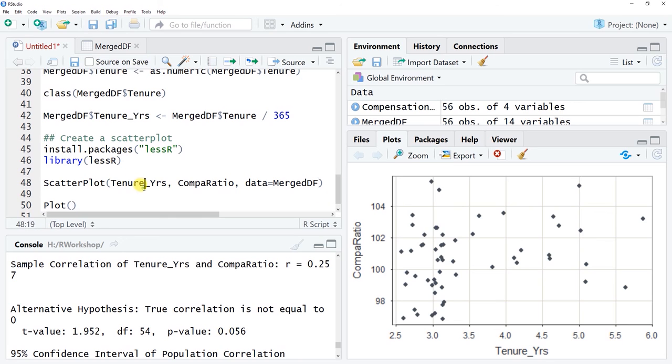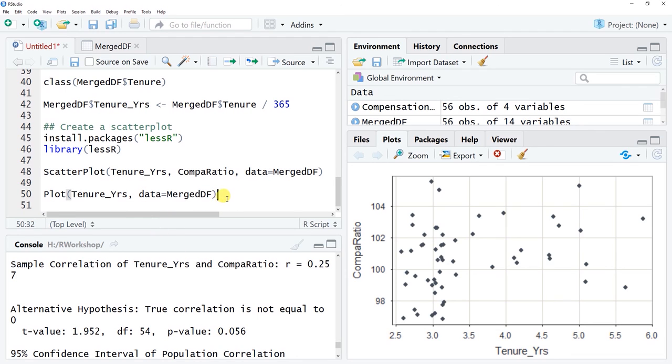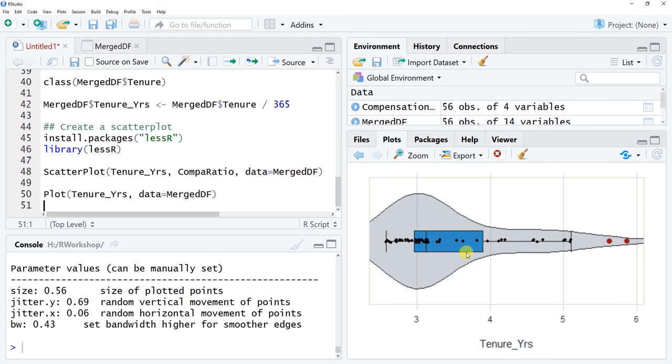And let's just copy the tenure underscore years variable there. And then let's copy data equals merged df, so it's from that merged df data frame there. And let's click run. Okay, so yeah, just as you suspected, here you can see this is